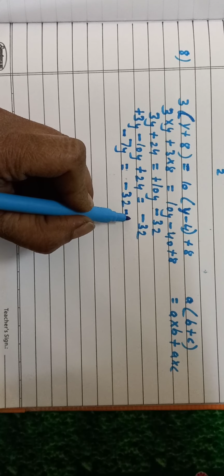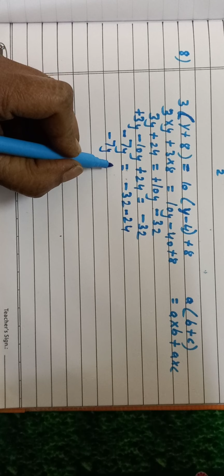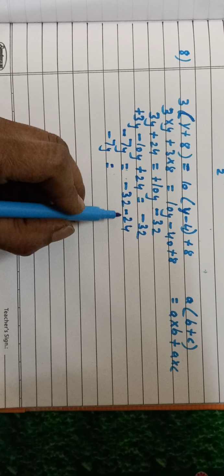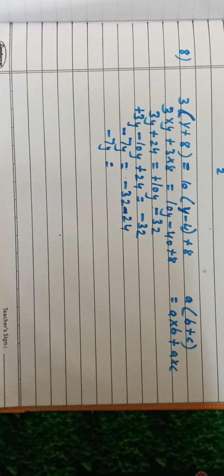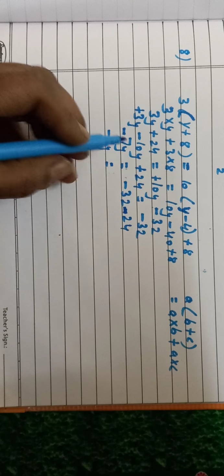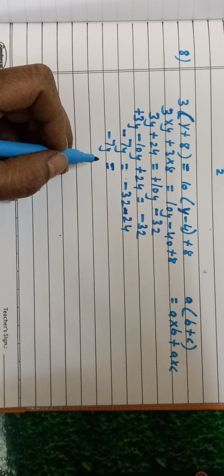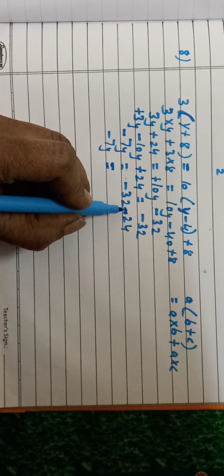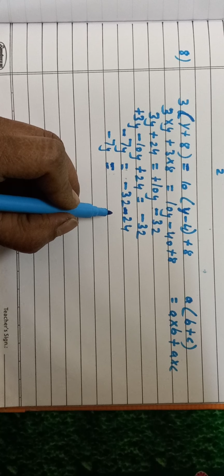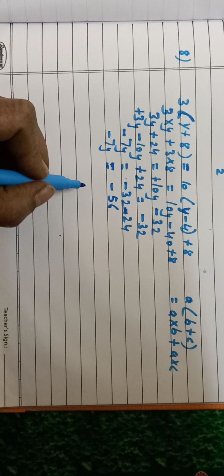So minus 24 minus 7y is equal to, now here same sign, add. Same sign means add, means these numbers are to the left hand side and we are moving forward. To the left of 0 we are having all negative numbers, but still we are moving forward, so we are adding it. Add and put the same sign. So minus 32 minus 24 is minus 56.